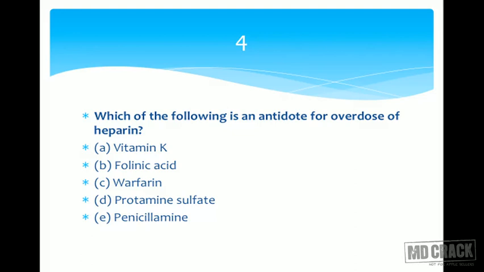If you think of the anticoagulants, heparin is an anticoagulant which is used parenterally. Warfarin is used by oral route of administration. And if you remember, warfarin is a vitamin K antagonist. So vitamin K doesn't apply for heparin. Folinic acid is totally from a different chapter. Next, warfarin is an anticoagulant itself, so it cannot be used. Then you are left with protamine sulfate and penicillamine. If you remember your pharmacology, penicillamine is a drug which is used for heavy metal poisoning. And this is why this is out. You are left with protamine sulfate.